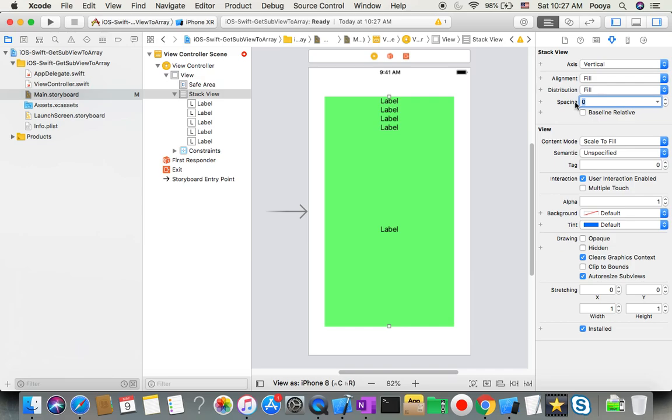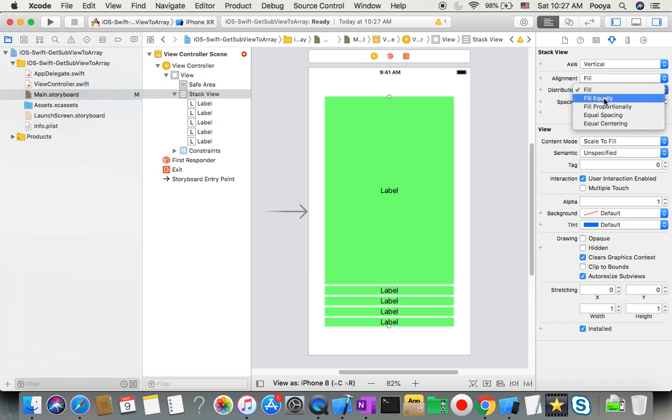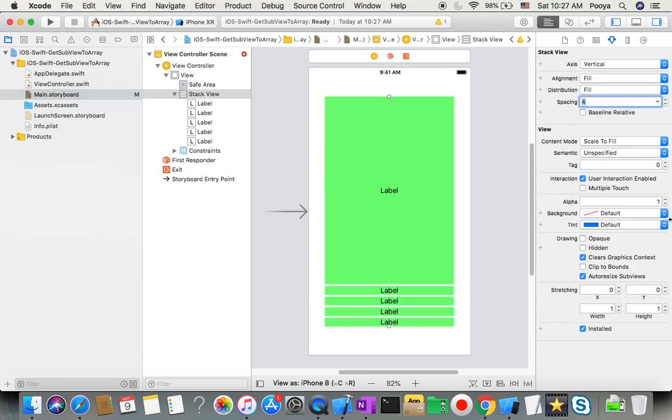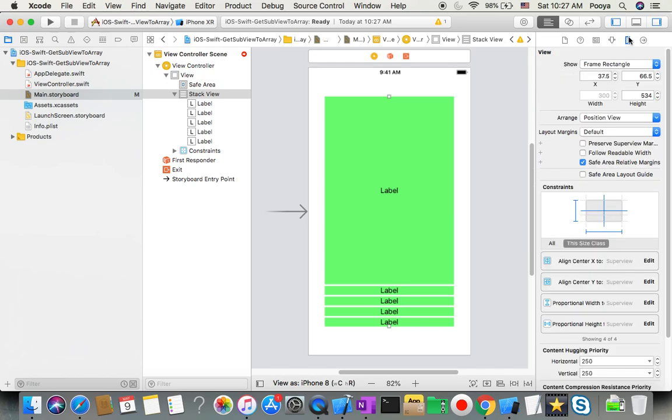So for example, for distribution, we can say fill equally, so then they will all be equal. But I choose fill, and when we go to the inspector tab